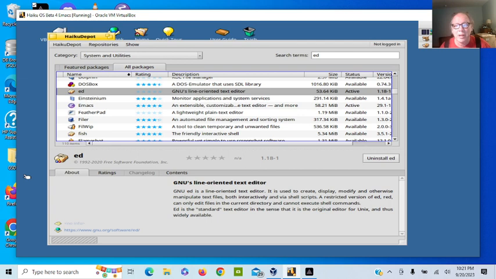It is used to create, display, modify, and otherwise manipulate text files, both interactively and via shell scripts. A restricted version of Ed, Red, can only edit files in the current directory and cannot execute shell scripts. Interesting. Ed is the standard text editor in the sense that it is the original editor for Unix and thus